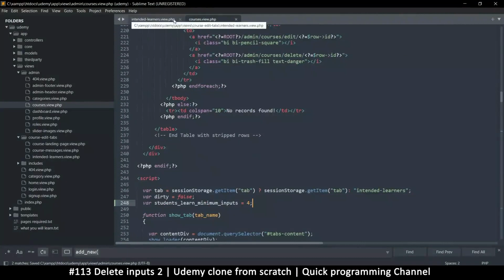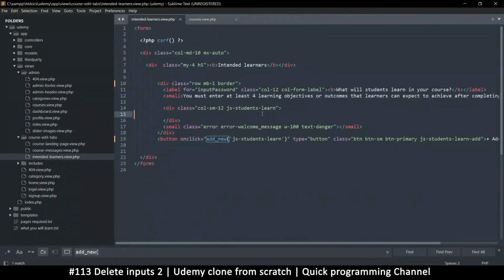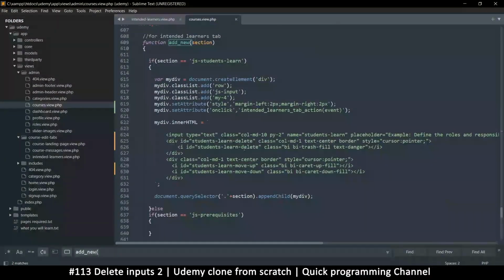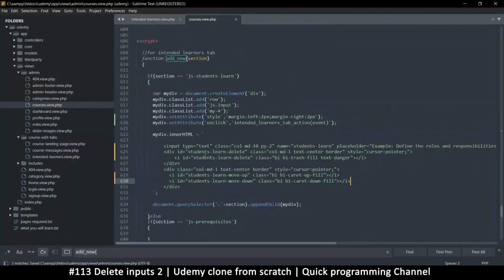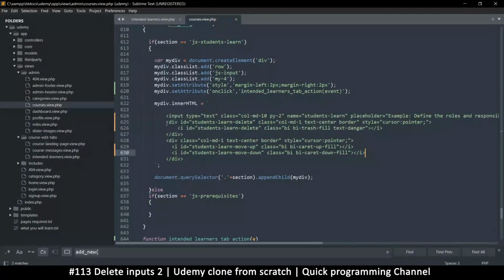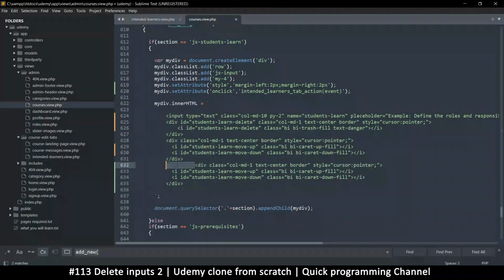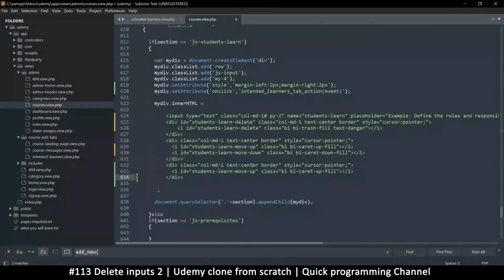So I'm going to go back to the indented lines. Oh, this is not the place. It's down here where we have this thing. And then I want, this is one of the divs, let's put it right at the end. So I'm just going to duplicate this. Okay. So these arrows move in here. So I'm just going to say bi and arrows